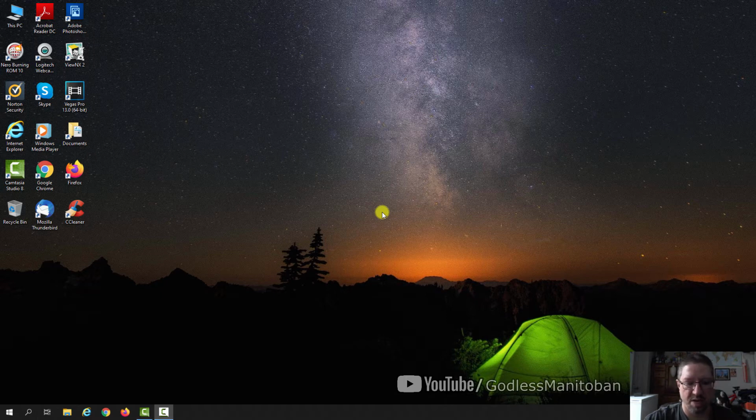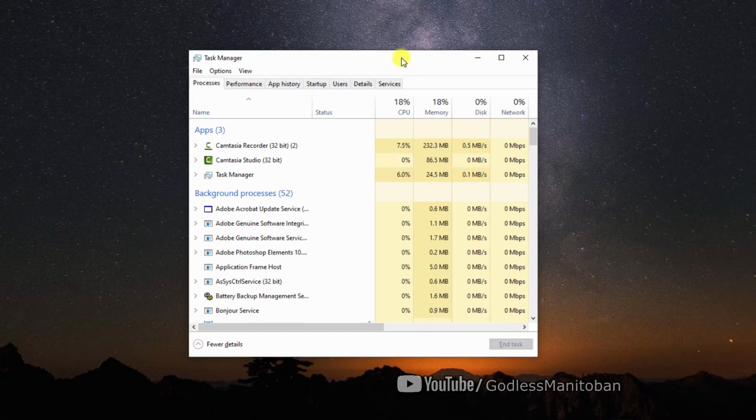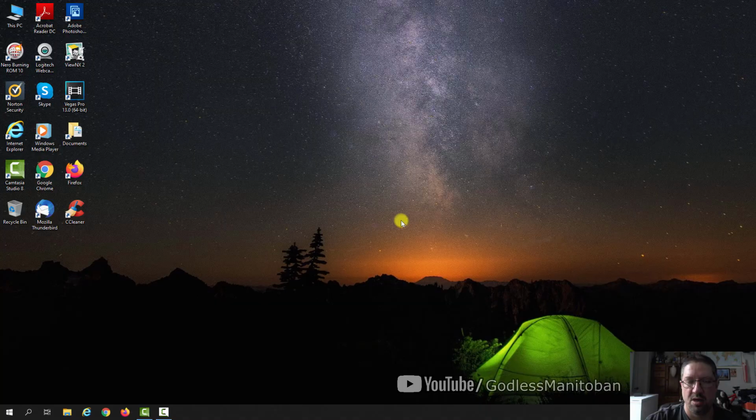So what you do on your keyboard is you press Ctrl, Shift, and Escape. And as you can see, it's brought up the task manager. Then you click on Startup. You can go to any of these programs in Startup and disable it by right-clicking with the mouse and then clicking Disable. Once you've done that, you can close the task manager, restart your computer, and the program will no